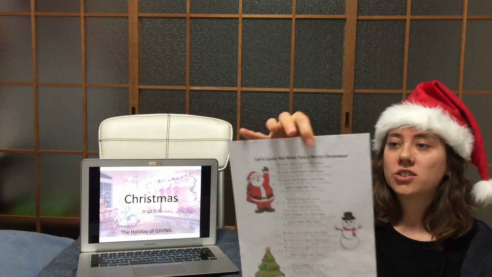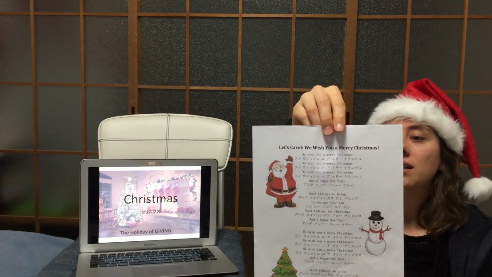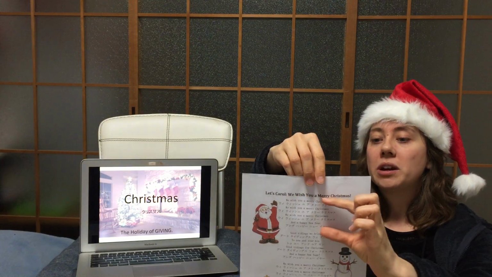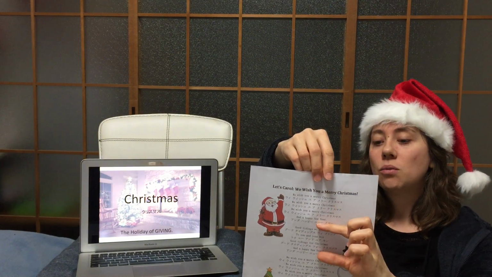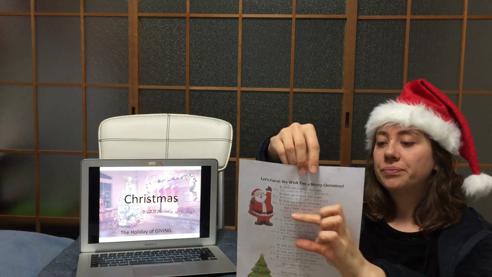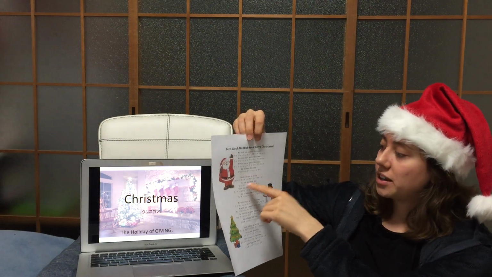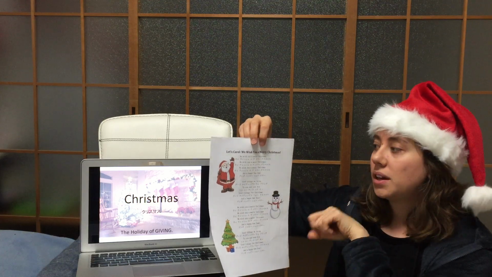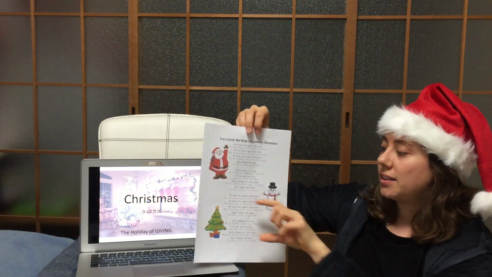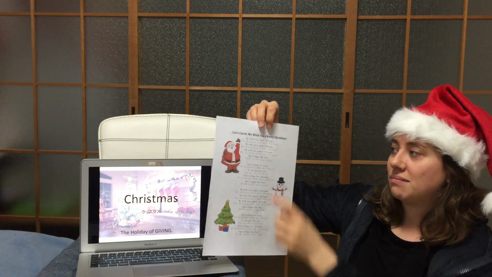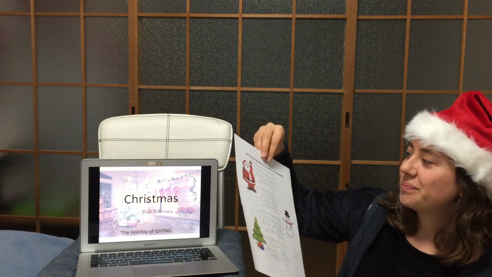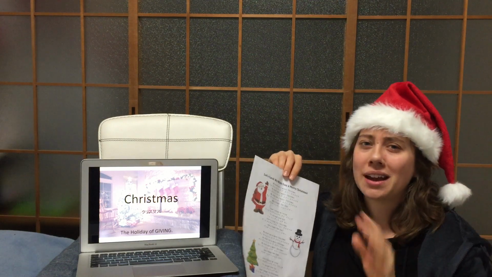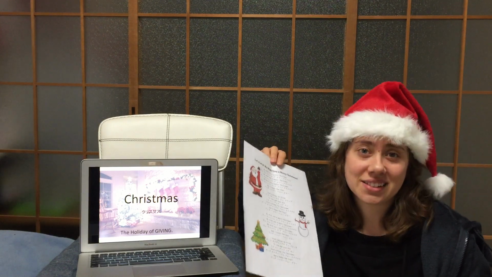I actually found these lyrics online, but I changed it so that there was only We Wish You a Merry Christmas and a Happy New Year, and then one more: good tidings we bring to you and your kin, good tidings for Christmas and a Happy New Year. So something not too complicated, so there's only this verse and this verse. And then repeat again and same one. If they weren't able to sing the second verse, it was okay. I sang anyways, so it was something that they can listen to.